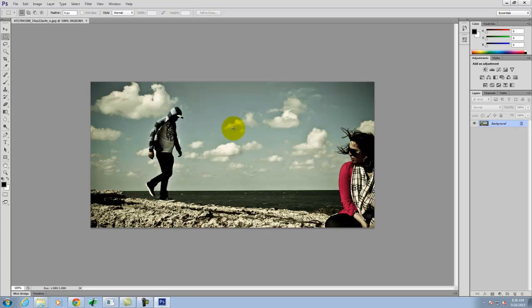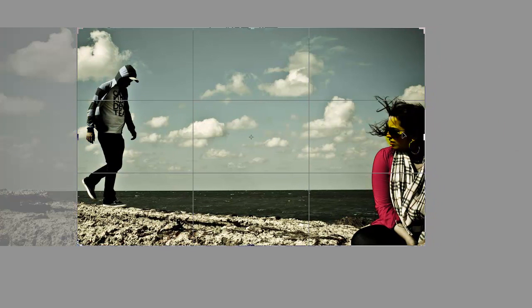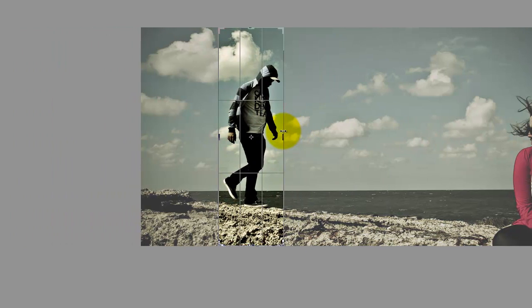And the first thing that I want to do is I have plenty more photograph than I really need. All I need is the person. That's what I'm going to end up keeping. So I'm going to use what's called the crop tool. And it looks like kind of a double set of rectangles overlapping with a diagonal through it. It's the fourth tool down here. It's called the crop tool. And what I'll do is I'm going to narrow the picture so that I have just the person